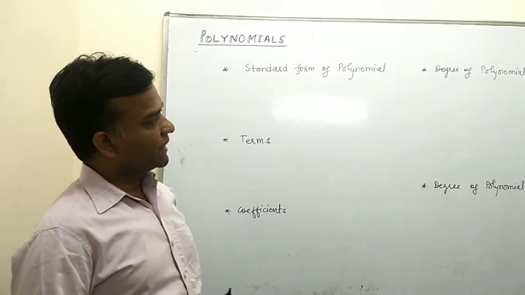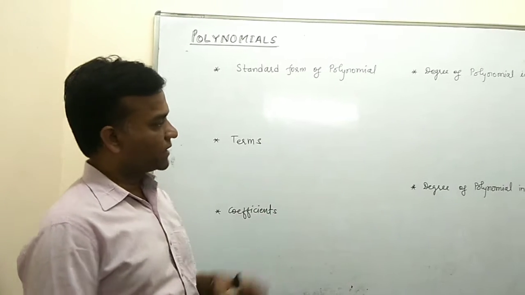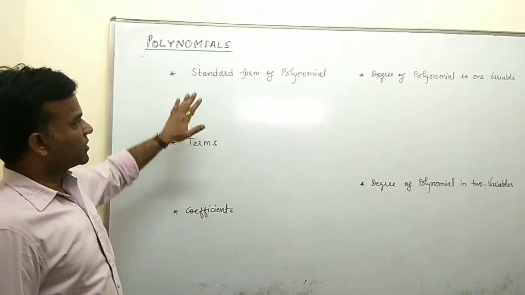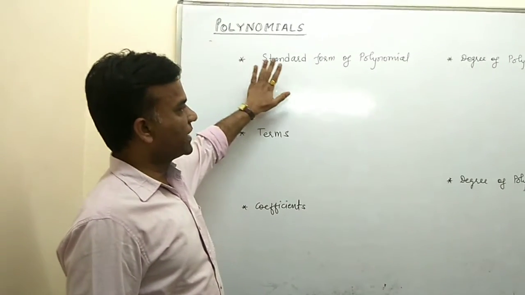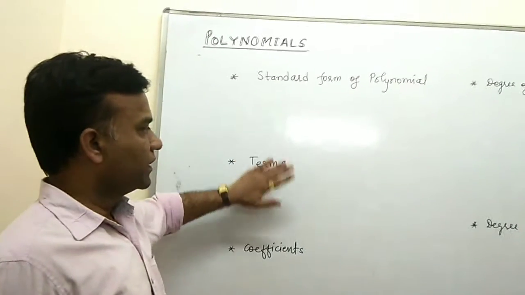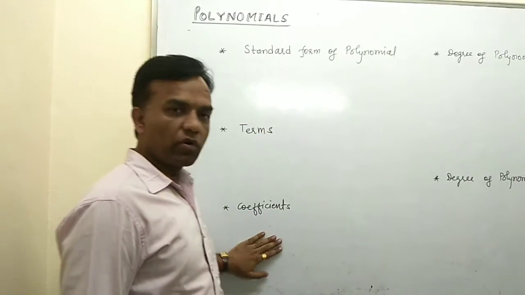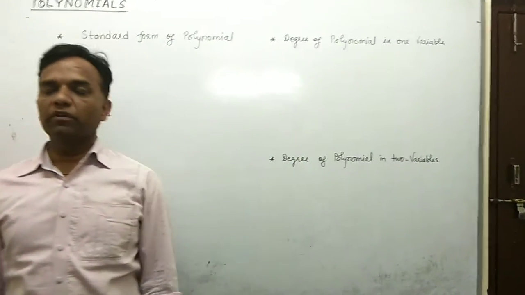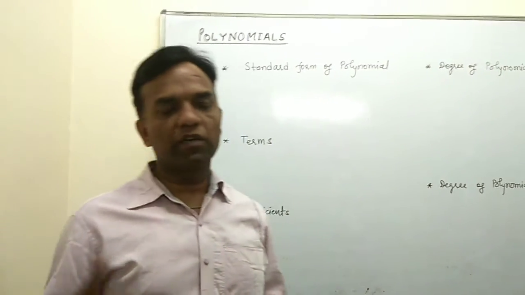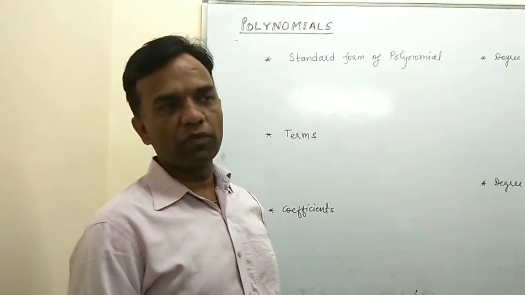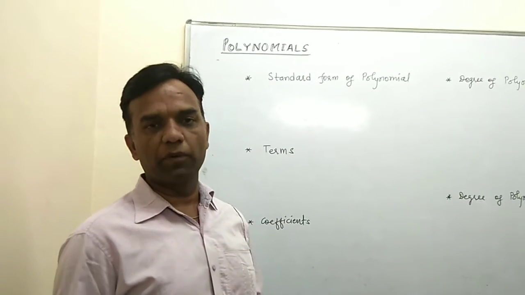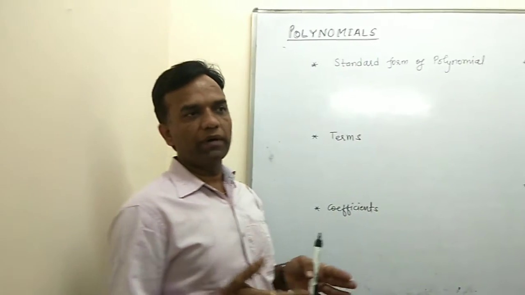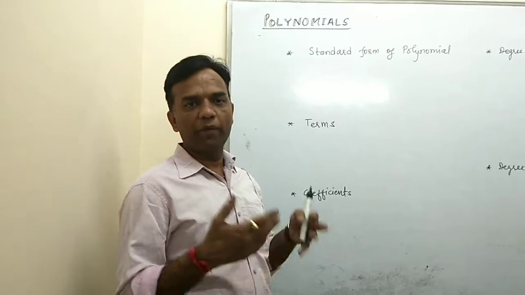In polynomials basically we divide into the following topics, because most questions are related in this way. First, a question may ask you to write your polynomial in standard form, write down its terms, write down its coefficients, write down its degree in one variable, or write the degree of a polynomial in two variables, because many questions are related to the polynomial. So first we describe the concept related to the polynomial, because this is the introductory part. Here we define one by one all the confusions you may have in your mind.